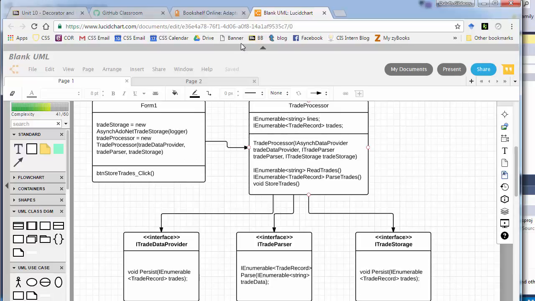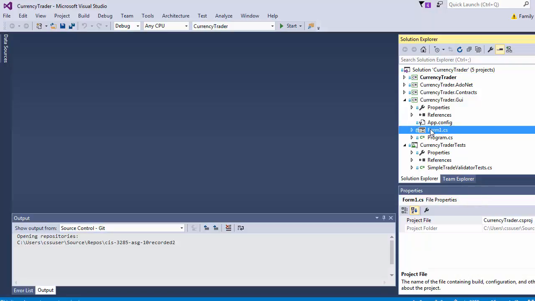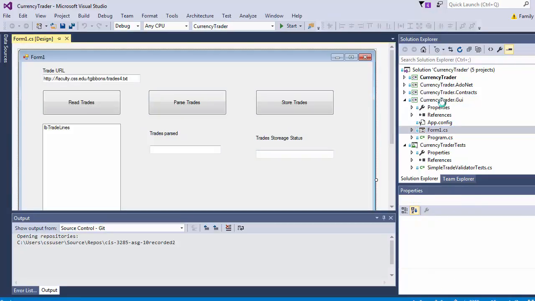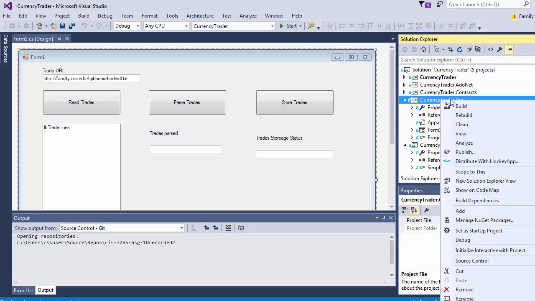I've adapted it a little bit here to create a little bit of a Windows interface. So besides the currency trader and the ADO.NET, which is the database routine, there's this currency trader contracts, which is all the interfaces, and here's the GUI. We want to make sure the GUI, this is what we want to run with this form in it. I don't have something set up quite right, and so when it goes to GitHub, it's not remembering that this is the default project. So right click on Currency Trader GUI and say,